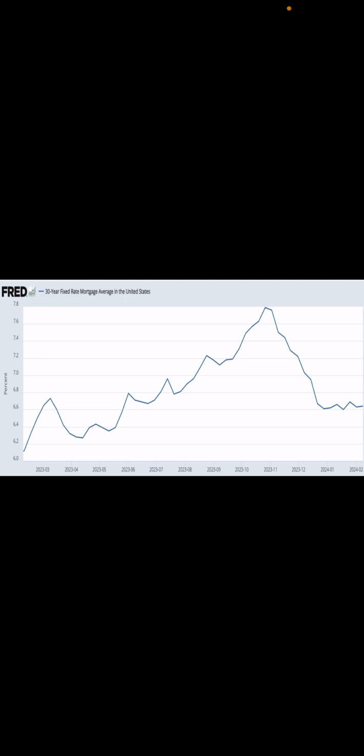But what we like to see is what you see towards the end of the year, where it still goes up and down every single day, but it's going up and down around a similar range. That's very good for buyers because buyers get pre-approved, and they're normally pre-approved around a certain mortgage rate. And then if that person goes under contract for a home 2 months later, if mortgage rates have jumped up 0.5% to 1%, that can really change the numbers drastically. So we just want to be able to see a little bit of stability in the market, and we've seen it over the past few months.